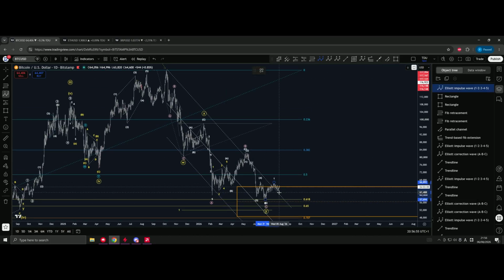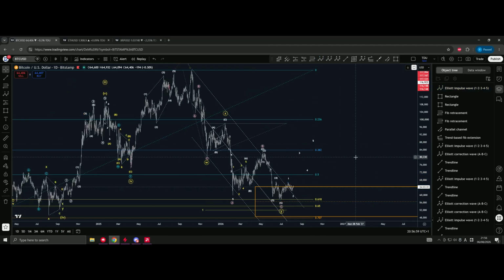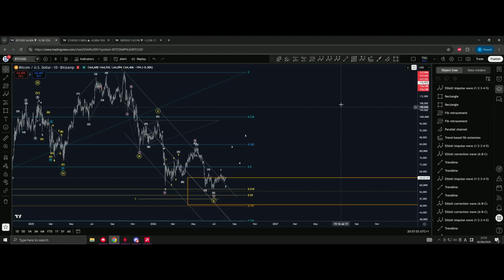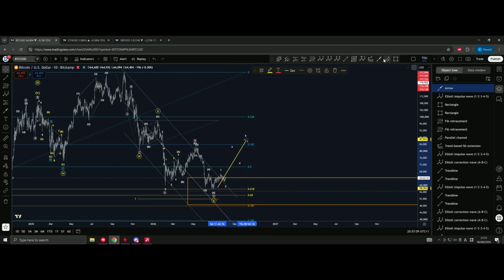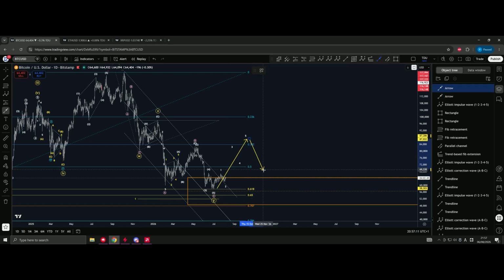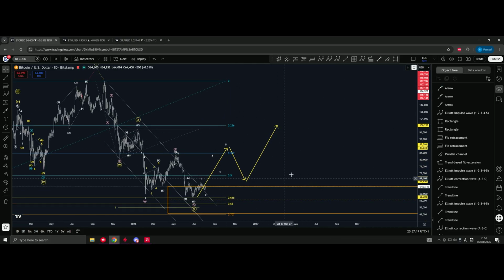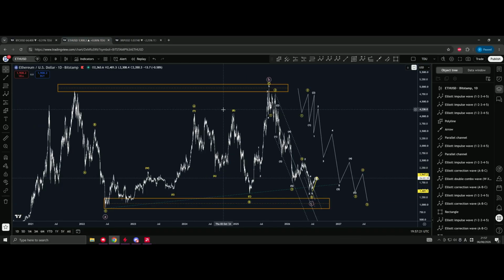If we have that, well, then you know that something bigger might be coming, or at least what is coming is a wave. Wave A, then B, and C, and then we continue back to the Stone Age, or this could be wave 3 for another run. Ethereum,